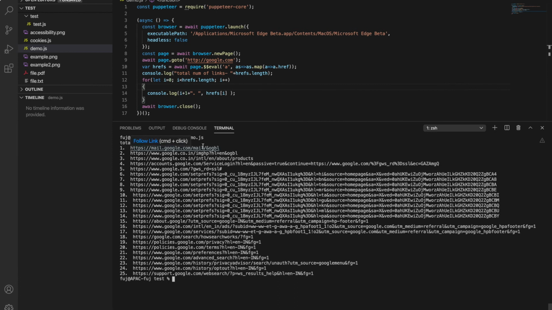See, we are getting all the href links here. Google has 25 links and the count is correct. So this is the perfect code for you. If you write this, you will get a better understanding of using the $eval function and how it works. It will map the things for the function you are providing. You want a href, which is like document.querySelectorAll a dot href. It will select all the document query selectors and put in the href. This is how it works.